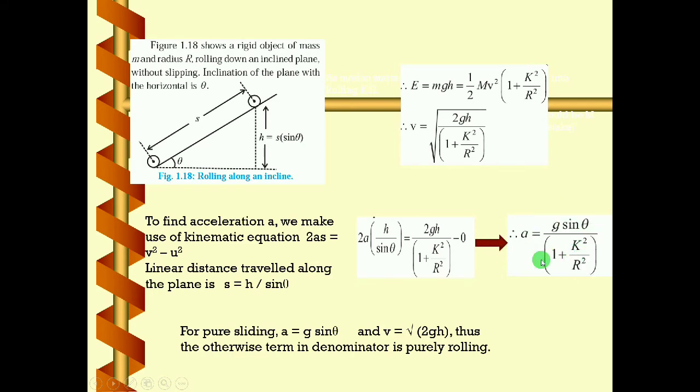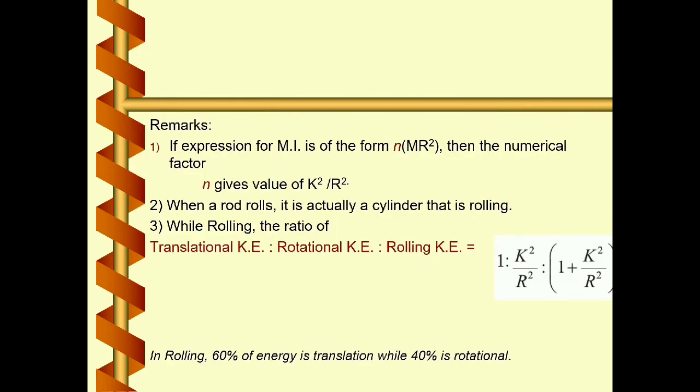So this is the linear acceleration when a body is rolling on an inclined plane. A question may be asked here for the body rolling on an inclined plane. Maybe a derivation will be asked for linear acceleration, maybe for linear velocity. Similarly, the expression for kinetic energy for a body rolling on a horizontal plane can be asked. Similarly, the expressions for linear velocity and linear acceleration for the body rolling on a horizontal plane can be asked. Each of these questions can be asked for 3 marks.